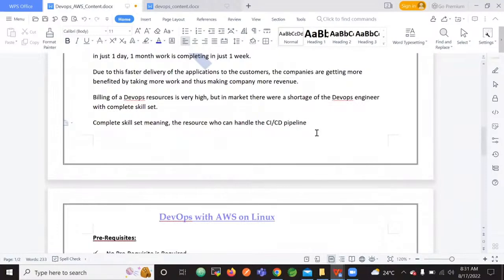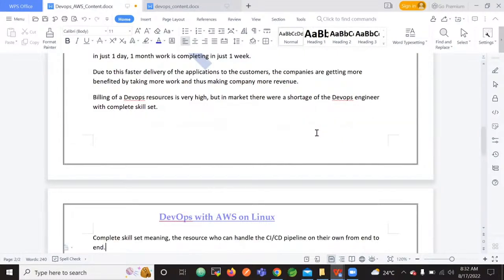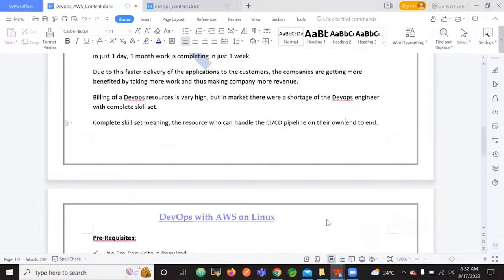Complete skill set means the resource who can handle the CI/CD pipeline on their own, from end to end. So that is the reason the opportunities are still more on the